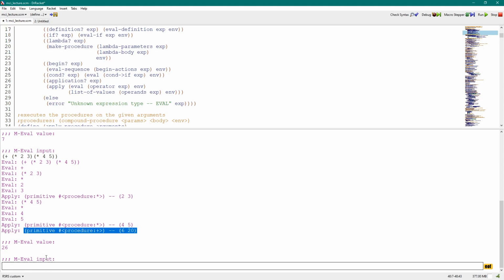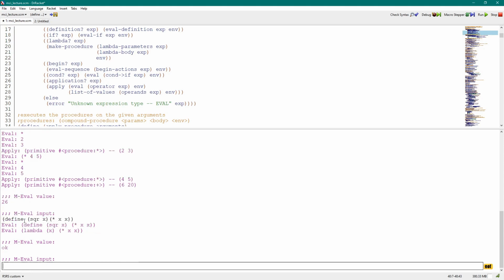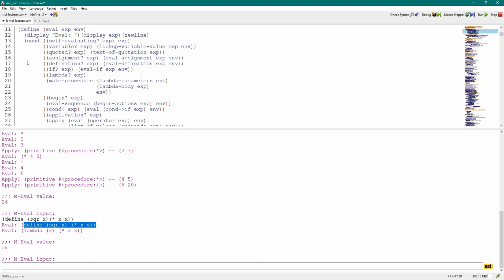Let's do one with a function this time. So let's define a function square x as times x x. So in the eval steps for this, notice there was no apply line. So it said eval the original expression, which goes to, I guess that'd be definition. And then eval definition has its own special rules. It says, okay, well, in this case, we're creating a lambda. So what that does is it ends up constructing the lambda and saying evaluate that lambda, and then associating it with some name. We'll talk about the special eval rules later on, but for now you can see that it